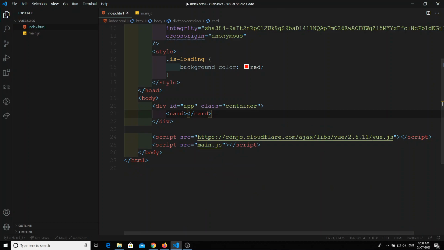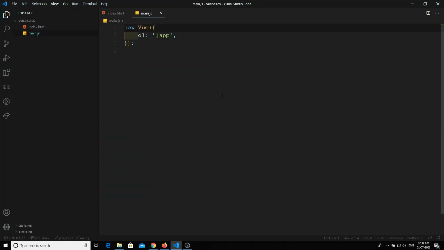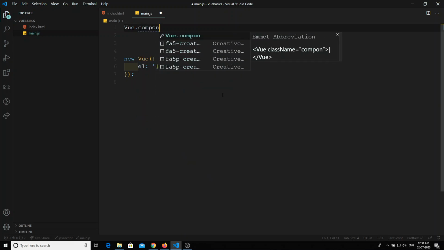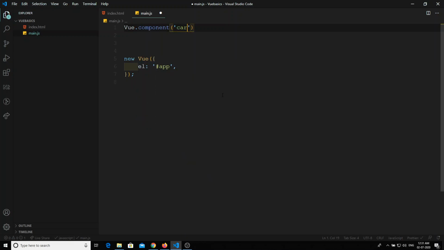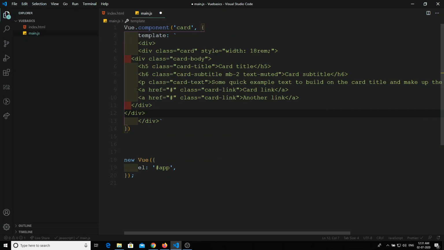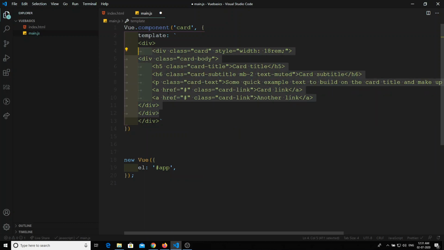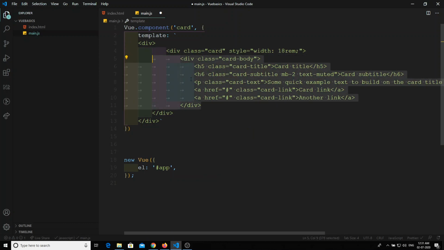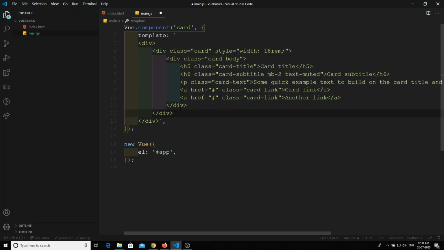In the same scenario, we will create a new component and give the component name here, and we will have the template, and we will write the root node. Here I will paste the code I have copied from the Bootstrap file. Okay, so we will just indent. Yeah, so this is the card component.